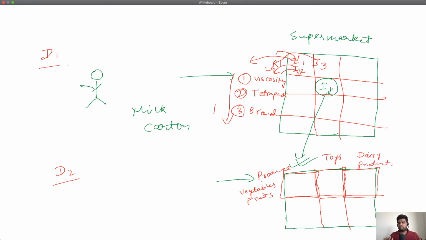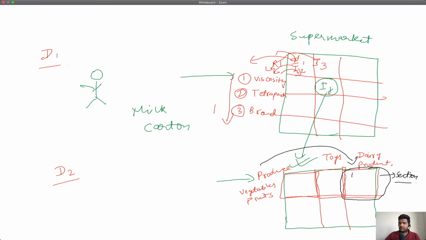So now you enter the supermarket and you see that, okay, the organization of the supermarket has changed. It is no longer random. Now you can see that the items have been categorized, and there are special sections which contain a particular category of items. So what would you do now? Now you wouldn't go and inspect elements one by one in the supermarket. What you would do is you would typically just go to the dairy product section. You will now search for the carton of milk in this section, right? And the searching process will again be similar.